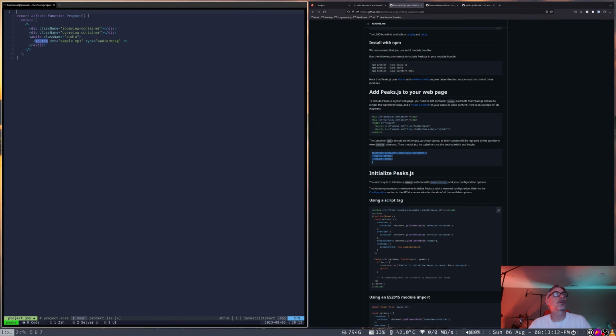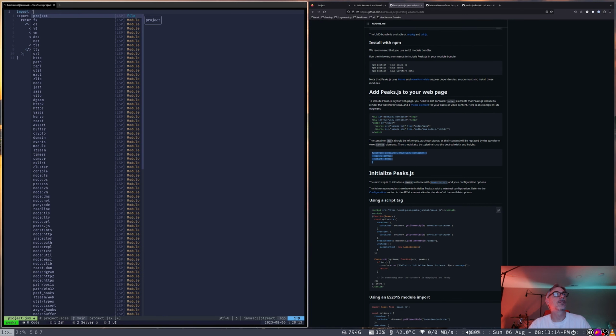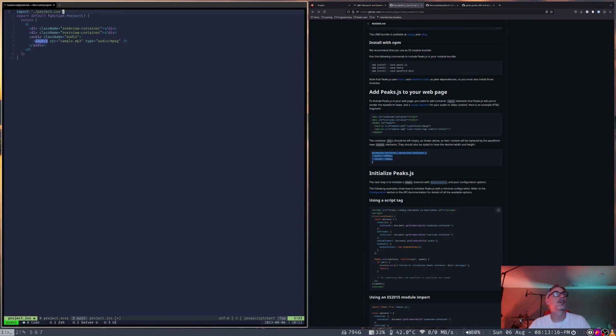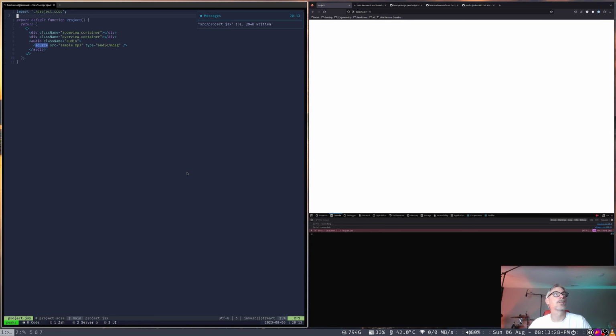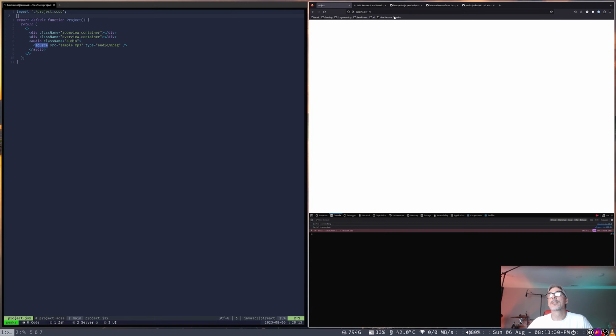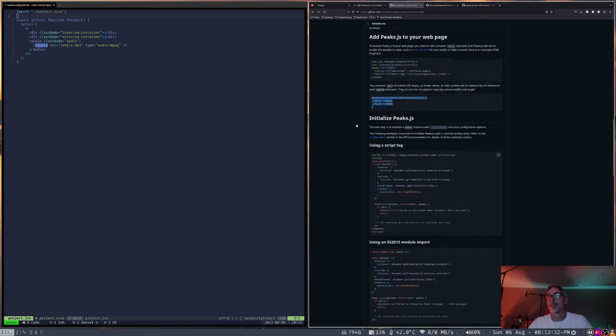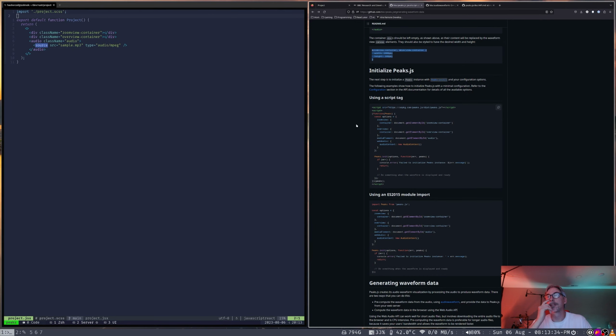But now we need to import our Sass. So let's do project SCSS. And let's save that. Do we have any problems? Just our favicon still. Okay. What's next? Next, we need to initialize the Peaks